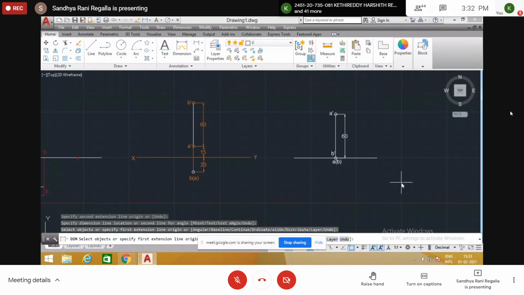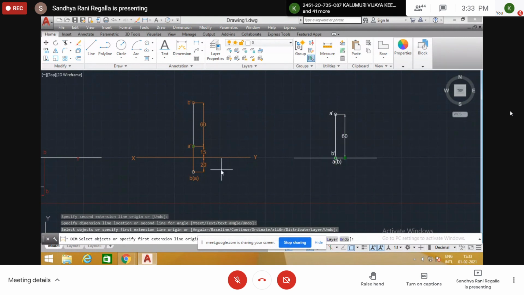It is perpendicular to HP, so we draw the perpendicular line above XY. One end is in the HP, so the B dash we put on XY. In the earlier case, one end is 15 mm above HP, so we put A dash 15 mm above. But here, this gap is not there. One end is in the HP, so we get B dash on XY. And it is also in the VP.